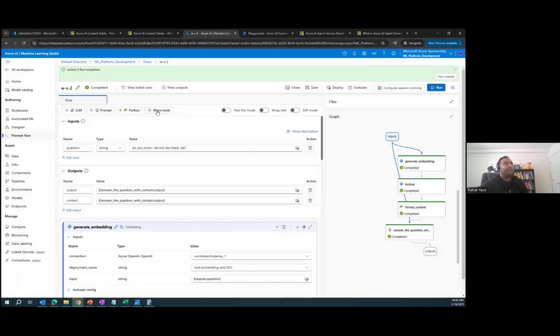You just click more tools, and then you see a bunch of options: content safety, SERP API, and so on. If we want to search websites or the outside internet, we need to use SERP API, just to mention. We can show a demo in the future as well. But for today, we want to use content safety text analyze. So if we click it,